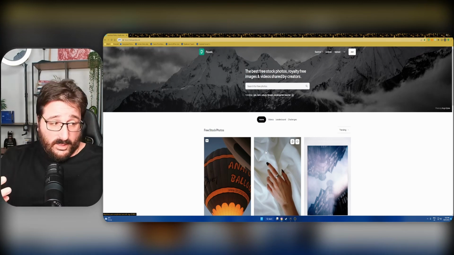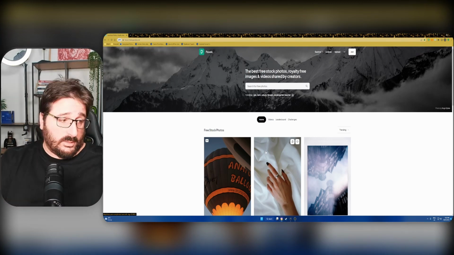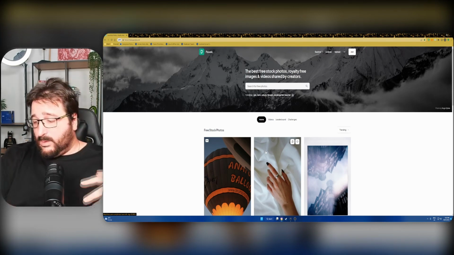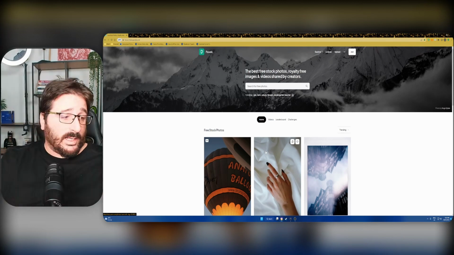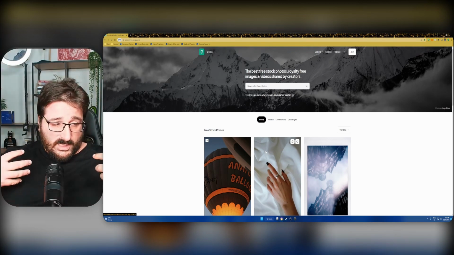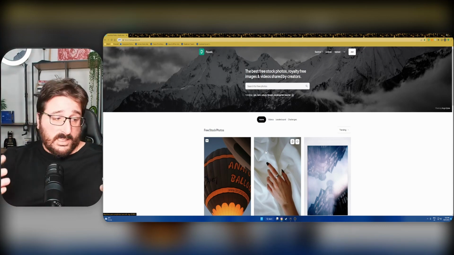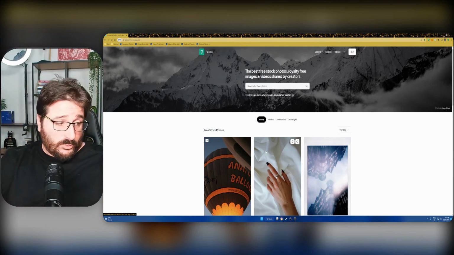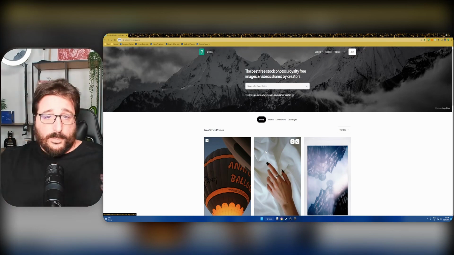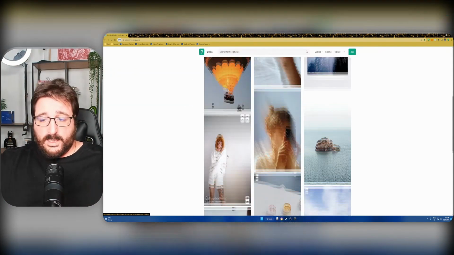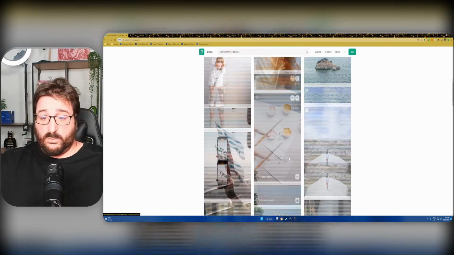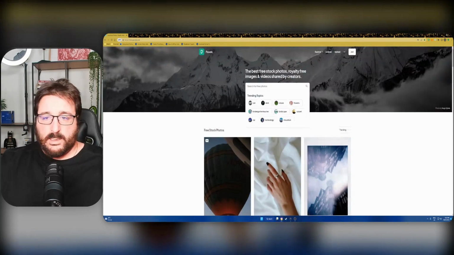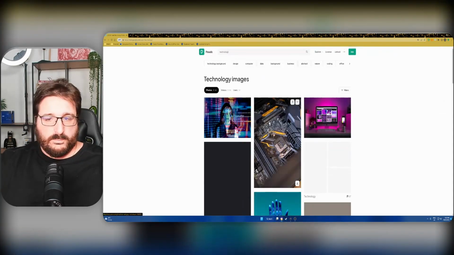So Pexels for free offers you pictures. It doesn't seem much, but when you're doing video editing, when you are creating stuff, even just thumbnails, you want to make sure that you use as much as possible stuff that is free to use, and you don't need to give attribution, or if you need to give attribution, make sure that you give it. What Pexels is doing is giving you beautiful pictures for free, that you can add to any content that you make. Search bar, let's say, I don't know, technology, right? And it gives you,